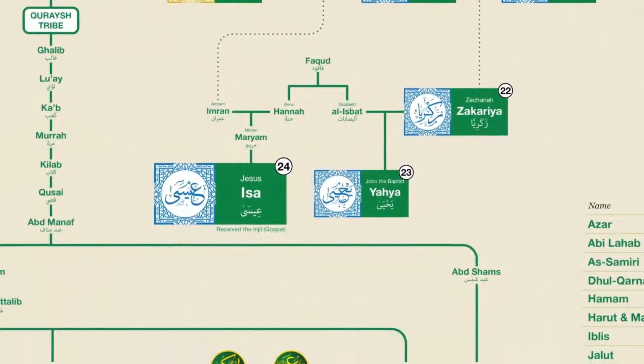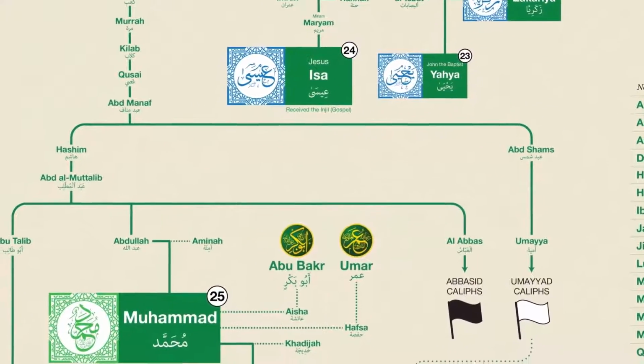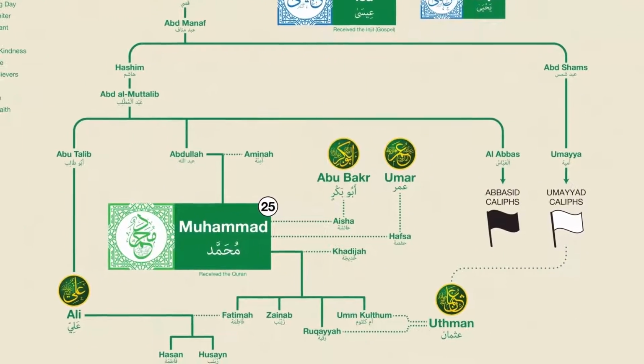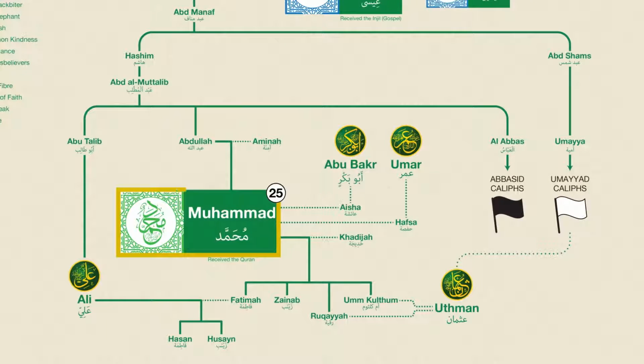Okay, we now come to the most important prophet in Islam, the 5th of the 5 Ulul Azmi, the prophet Muhammad. According to Islam, Muhammad was the final prophet and is hence known as the Khatam an-Nabiyyin, which means the seal of the prophets. In other words, after Muhammad, Allah's direct communication with his human servants ended and was sealed off. According to Islam, Allah revealed to Muhammad the final and most important book of all, the Quran.